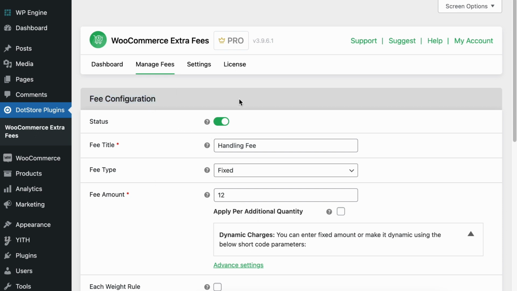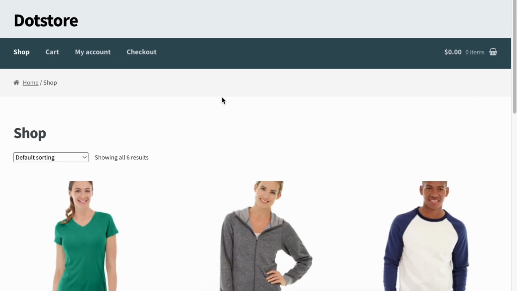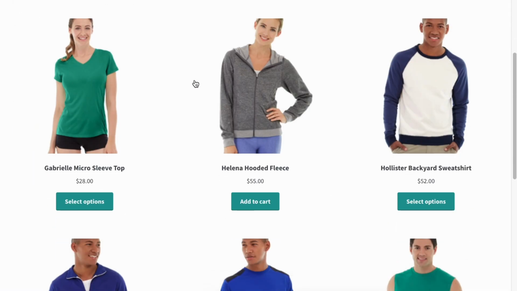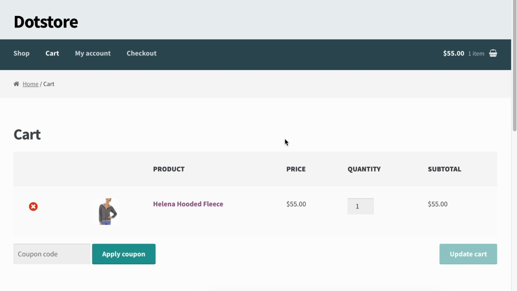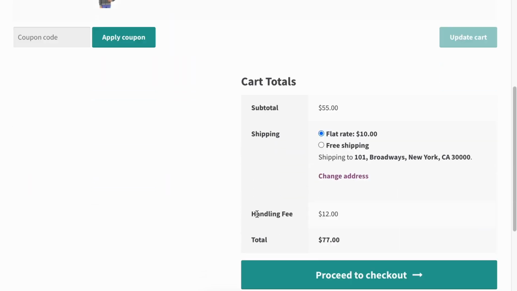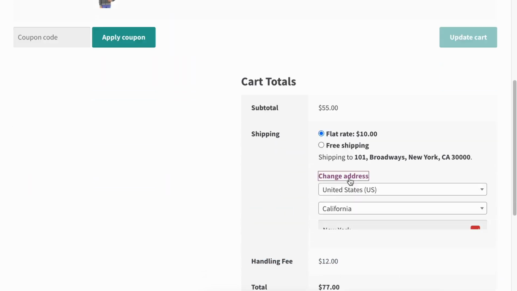Now, let's go to the front end and see this in action. Now, let's add some products to the cart from this shop page. For example, here I am adding this product to the cart. Now, let's view the cart page, and you will see the handling fee applied because the United States and California